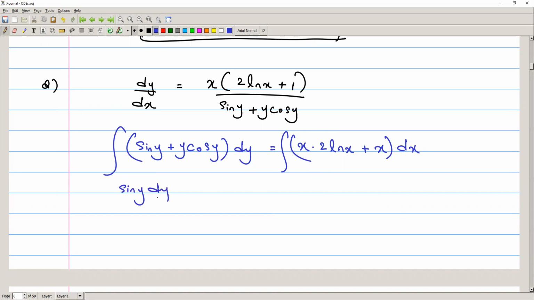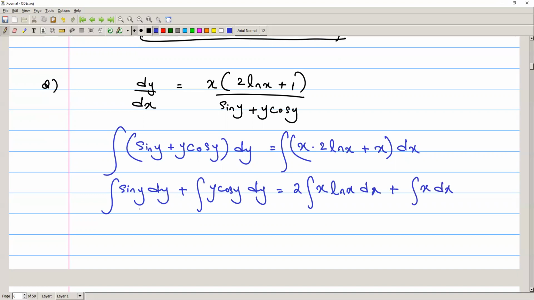Now we can integrate these easily because these are separated, and we can write it as sine y dy plus y cosine y dy is equal to 2 times x ln x dx plus x dx. Right, and then we can integrate this function easily by using the by parts rule. So the integral of sine y is negative cosine y, plus for this we can apply the by parts rule, so you'll get positive cosine y, and then plus y sine y, equals to